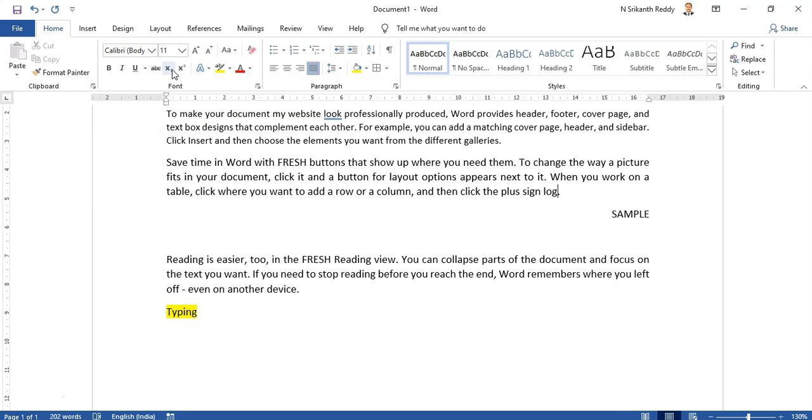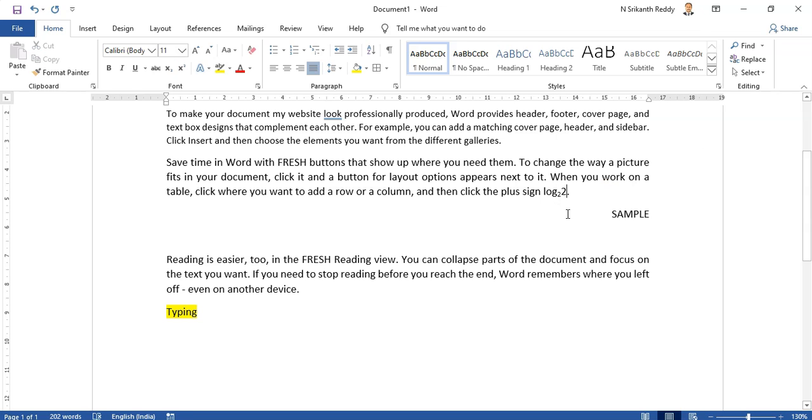Instead, you can use Control plus equal to, and superscript is different, Control Shift plus. So press Control equal to, and if you type anything, it becomes small. Again you press this. Now if you type, this is subscript.